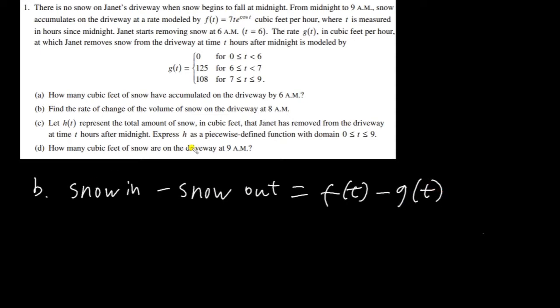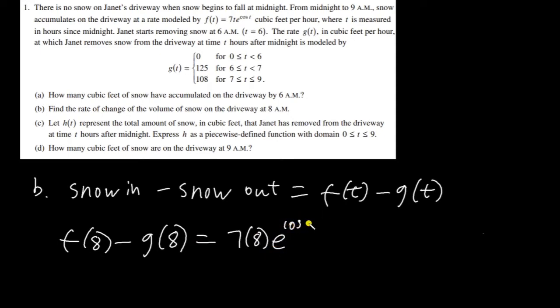Right? And if we're looking at specifically t equals 8, we're going to have f of 8 minus g of 8. What's that going to be? Well, we'll just plug in 7 times 8 times e to the cosine of 8 minus, well, if we plug in 8 into g of t, well, that's going to be 108, right? Because between 7 and 9, we're at 108. So minus 108, and that's going to give us negative